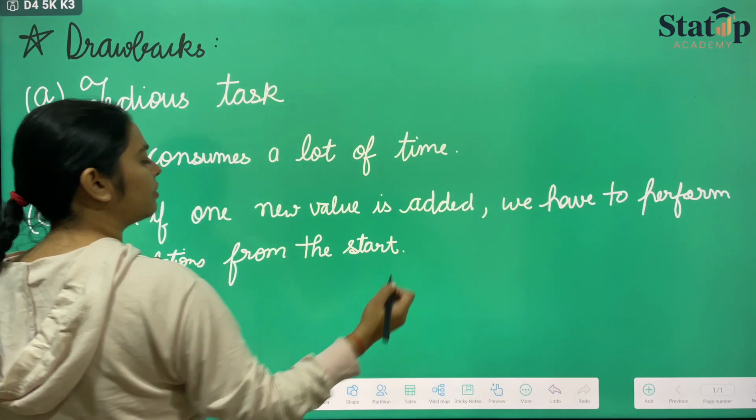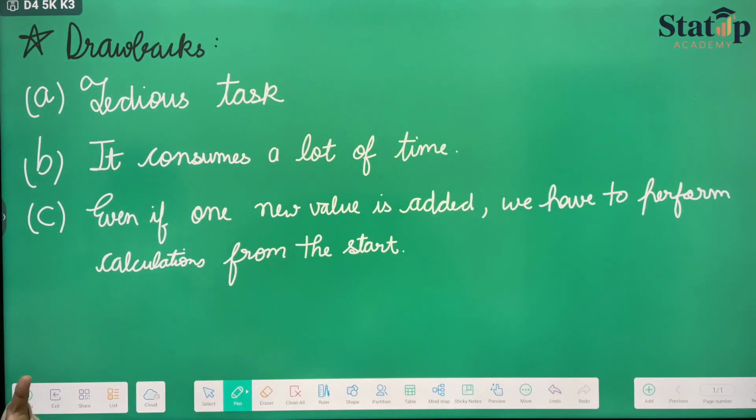So even if we add one value, the whole calculation we have to redo from the very beginning. And the fourth drawback of this method is